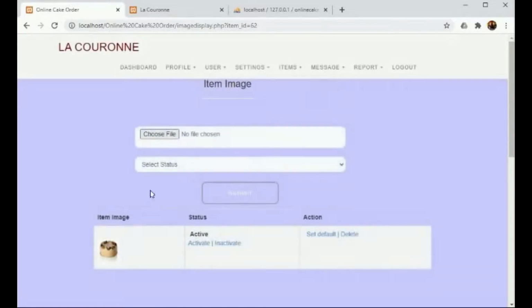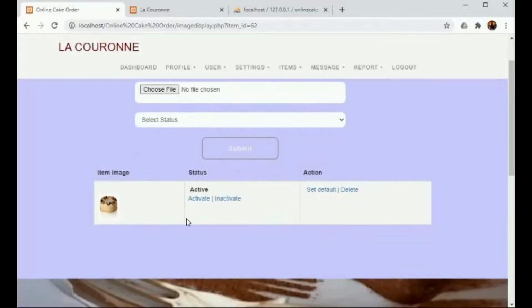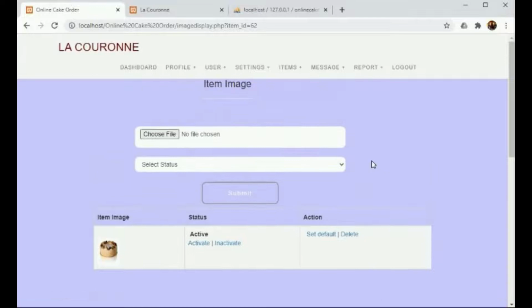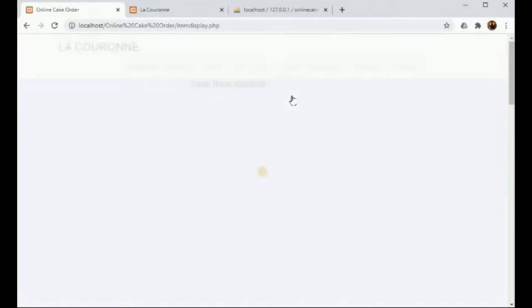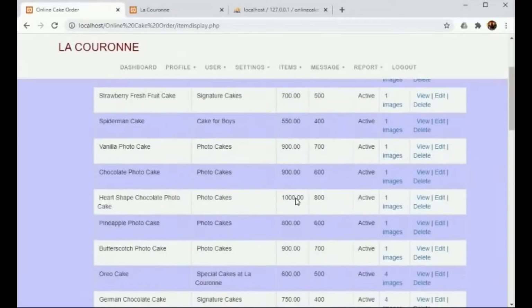Admin can add more than one images for the cake. Admin also has the action to delete and make that image as a default image.